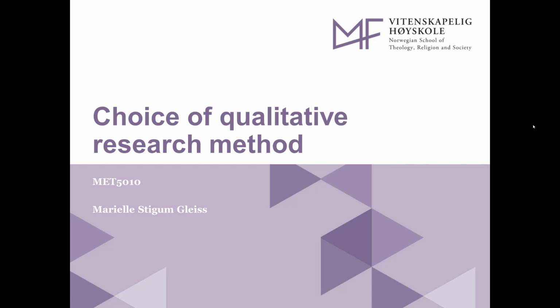In this video, we will look at 4 different qualitative research methods, and we will look briefly at the characteristics of these different methods and when it is appropriate to use each of these methods, in order to understand how we can choose between these research methods. And that choice depends largely on our research question and the kind of knowledge that we seek to gain in the research project that we are doing.